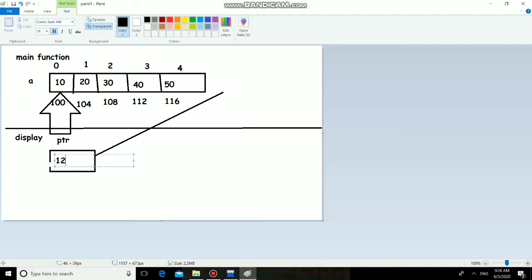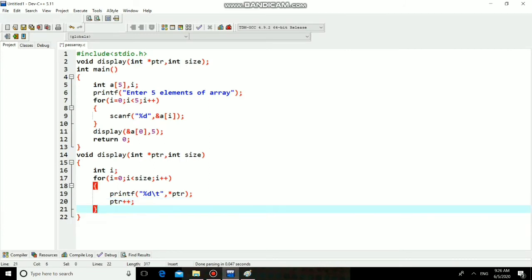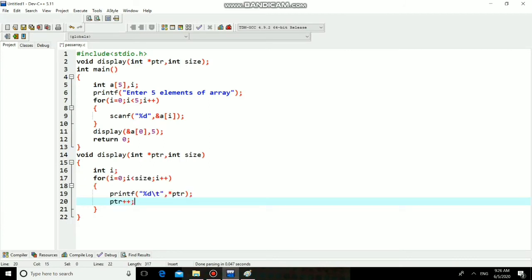But before that you are able to print all the values of the array, getting? So this you can do.